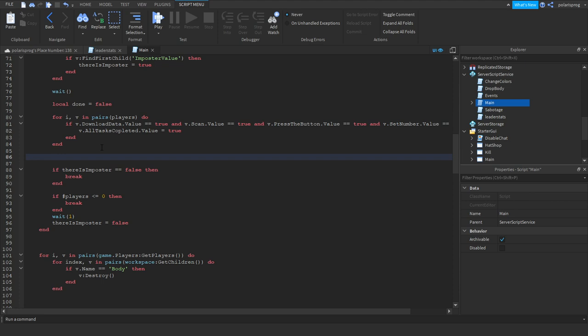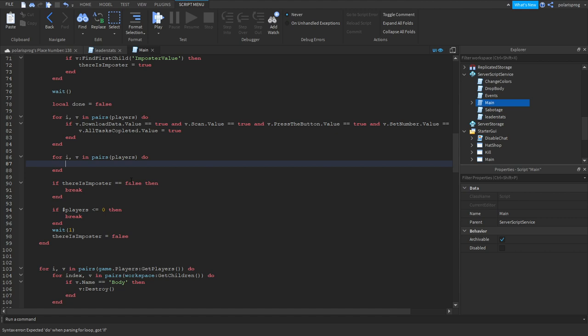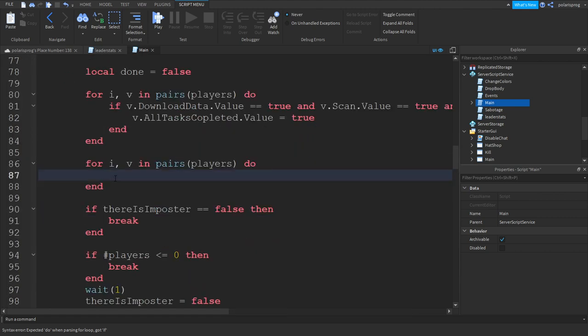I think we did, yeah. So for i, v in pairs of the players table, do if v.AllTasksCompleted.Value is equal to true, then